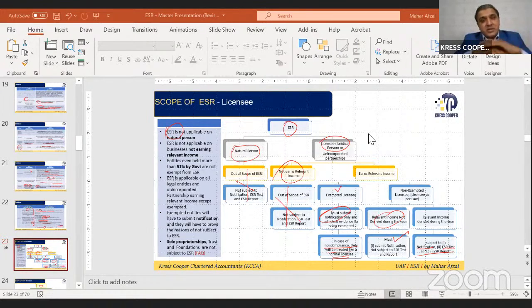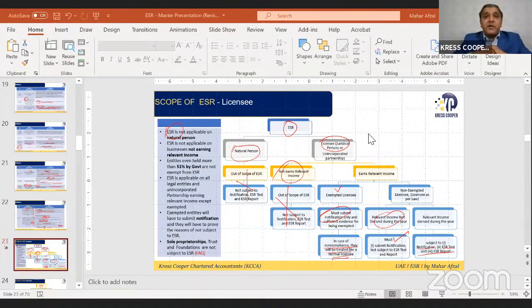We have just discussed that if the financial year ends on 31st December, then we need to submit the notification by 30th of June maximum. And in case our financial year ends after 31st December, suppose 31st March or 30th June, then we may submit the notification in the corresponding period, and if we do not submit, then we will be subject to penalties. But this is for sure: the notification which has been submitted earlier has become null and void.